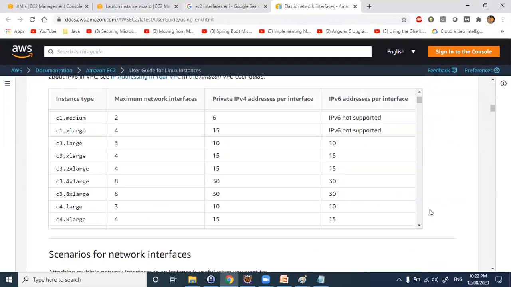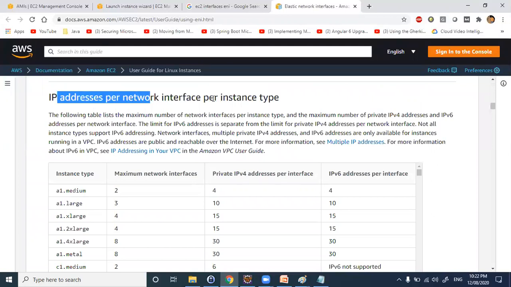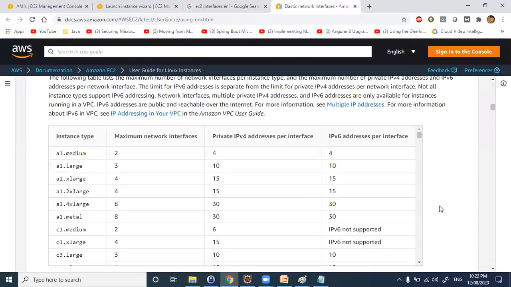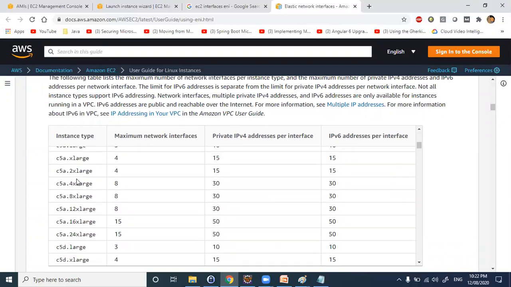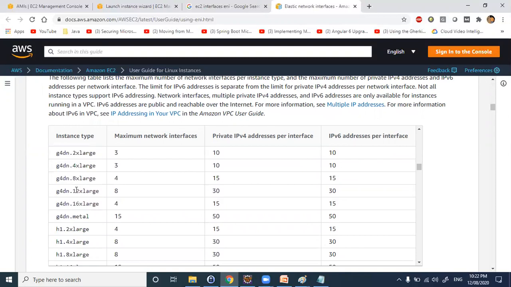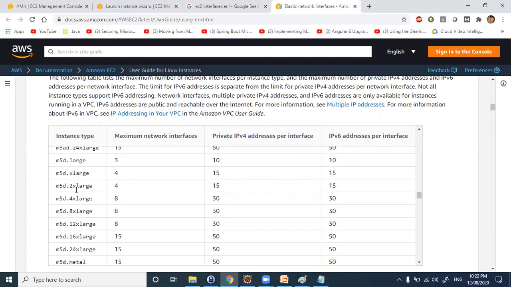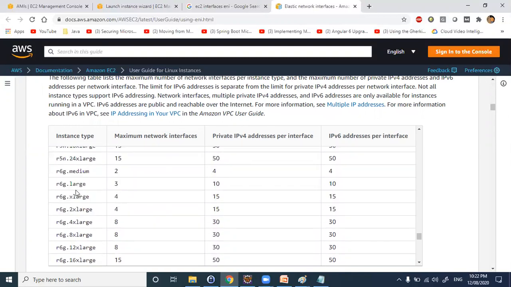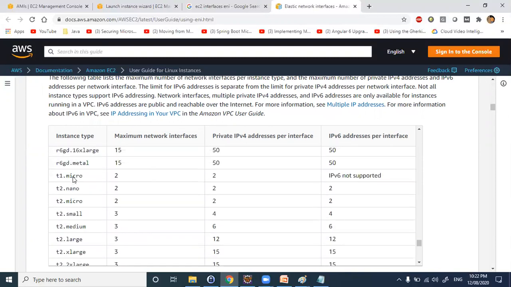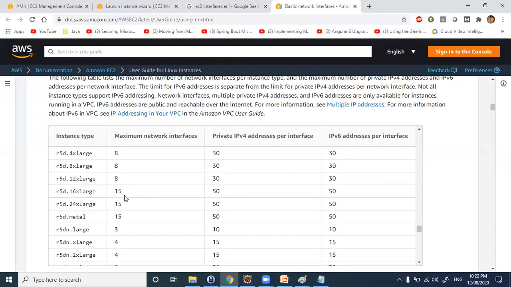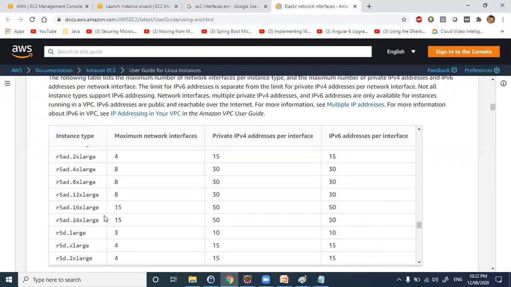If you see here, these are the IP addresses per network interface for each instance type. Say, for example, what we selected is T1 micro. T1 micro will allow a maximum of 2 network interface connections. At max, I guess it will allow 15 network connections, so it depends completely on the type of instance.